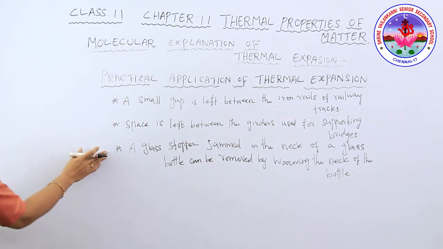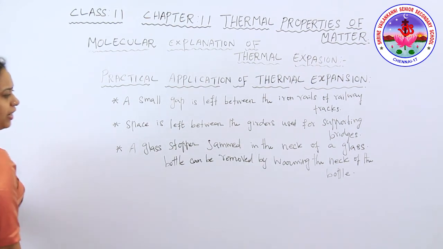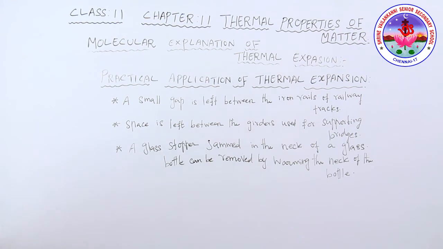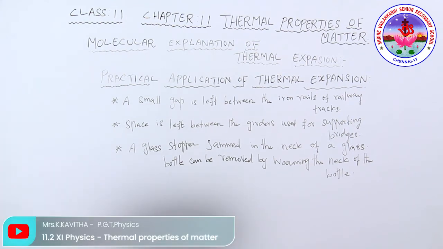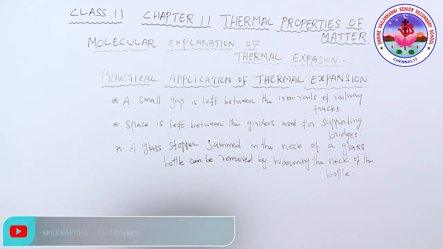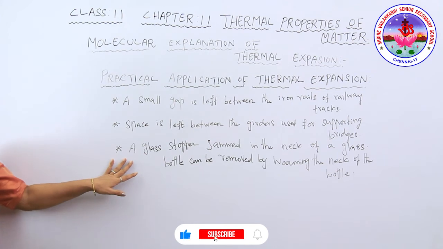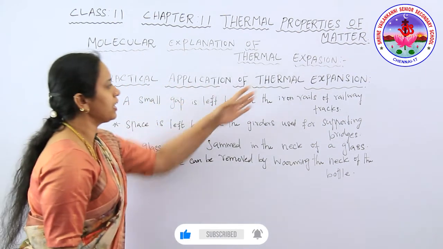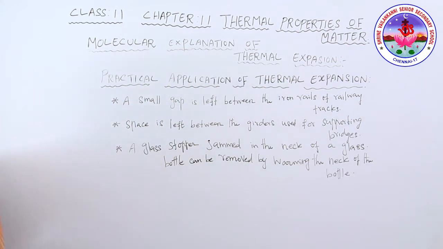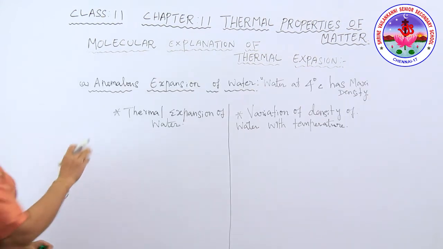Right, the next one is a glass stopper jammed in the neck of a bottle that can be removed by warming the neck of the bottle. When the neck of the bottle is slightly warmed, what will happen? The mouth will become slightly wider, so the stopper becomes loose and comes out easily. These are some of the examples of the practical applications of thermal expansion, right? The next one is the anomalous